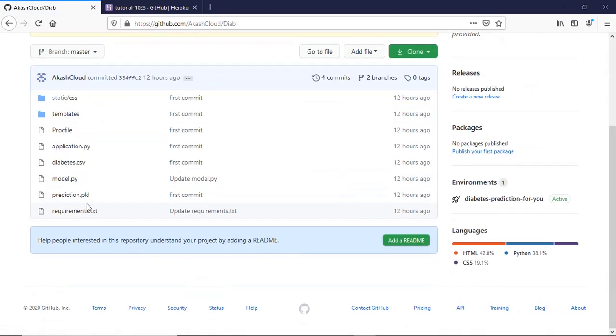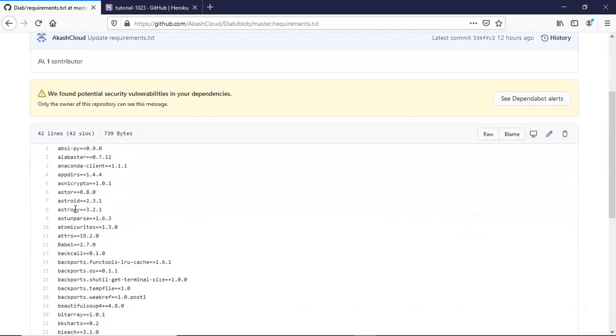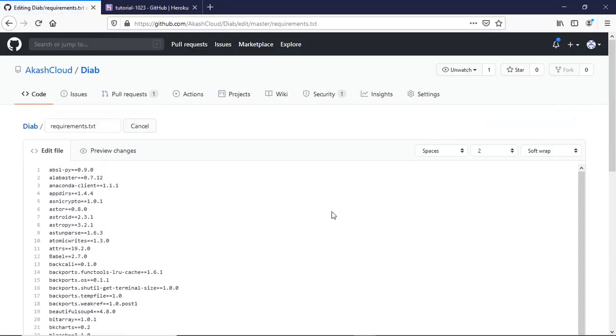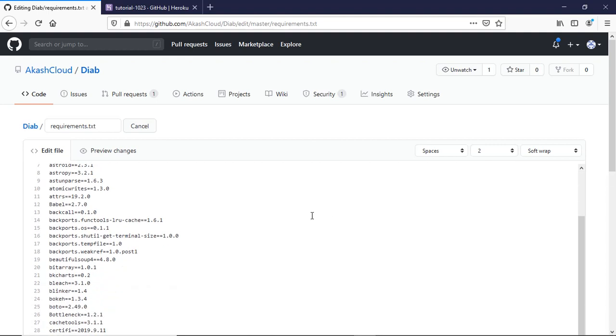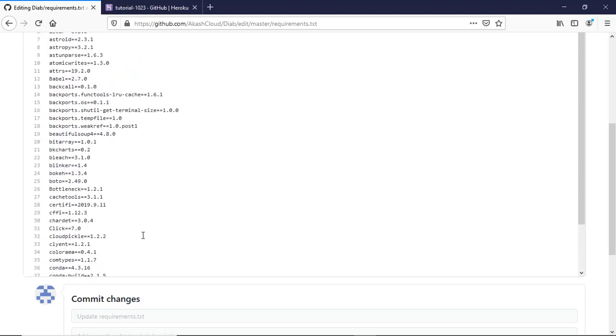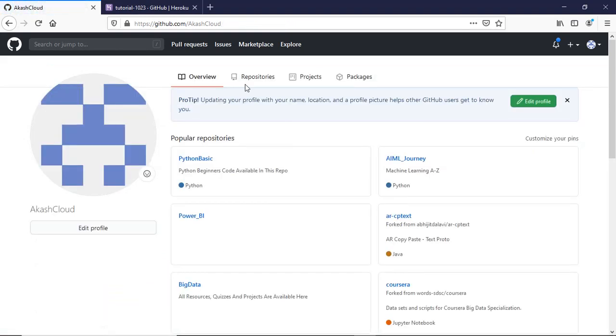So actually, guys, what happens if you deploy your application in Heroku for the first time? Then you have to write all these requirements. From the second time, I think you only have to change your model. Like I'm using XGBoost in my model, so for that I add XGBoost here. If you are using some other algorithm, you have to add that algorithm.